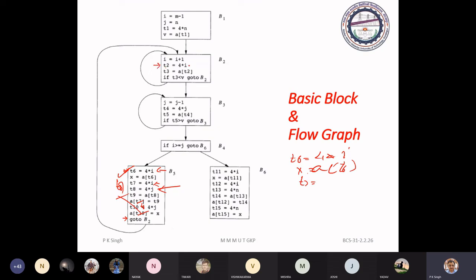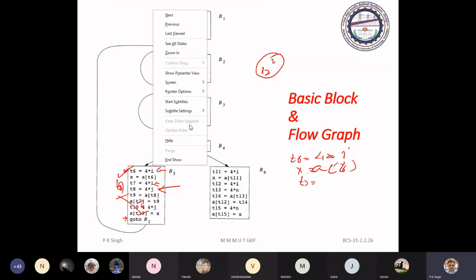T2 is 4 into I. It will compute T2 in each iteration as far as I is concerned. But when control of execution will exit from this basic block B2, it has fixed value of I and fixed value of T2. And that value will propagate up to here.